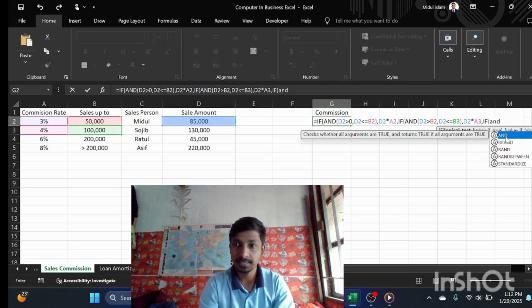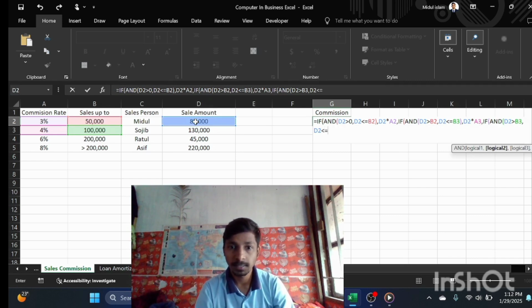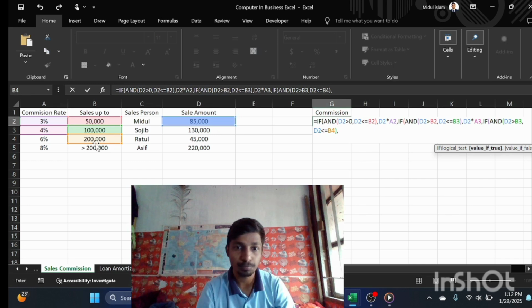And we select sales amount 85,000 taka, more than 1 lakh taka and comma, and then sales amount 85,000 taka less than or equal to sales up to 2 lakh, bracket close comma, and then sales amount 85,000 taka multiplication commission rate 6%